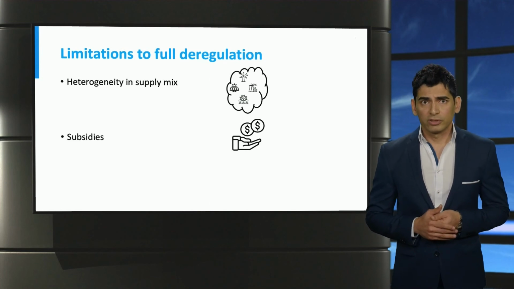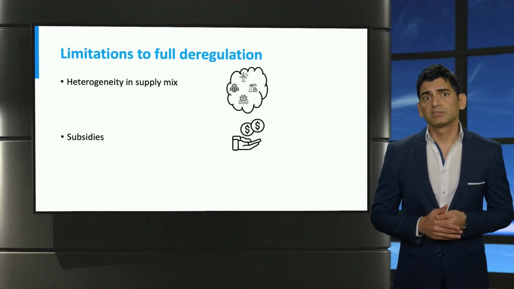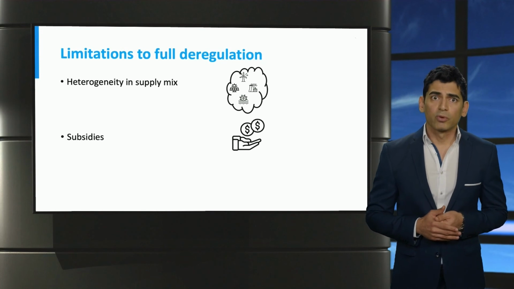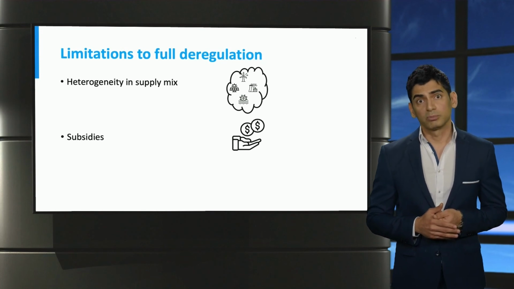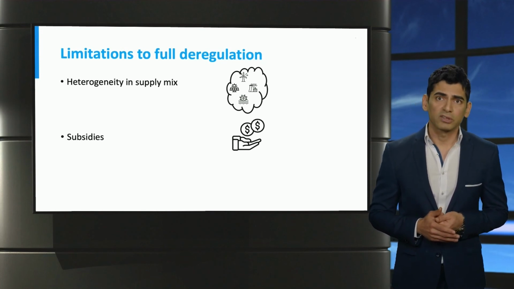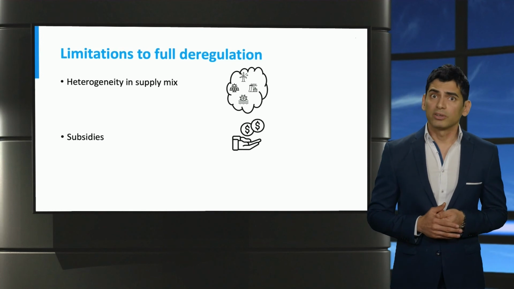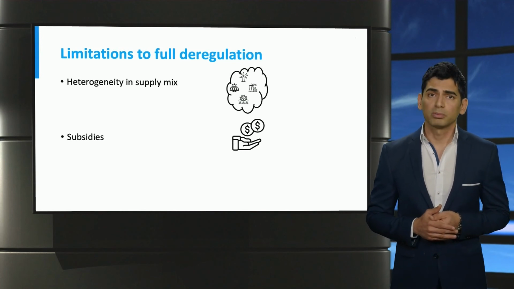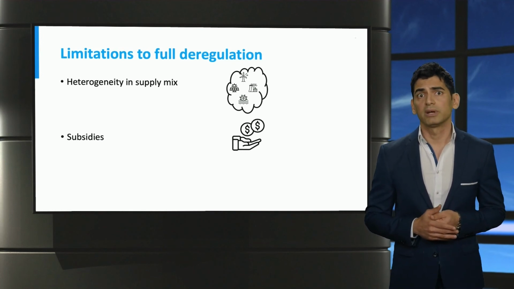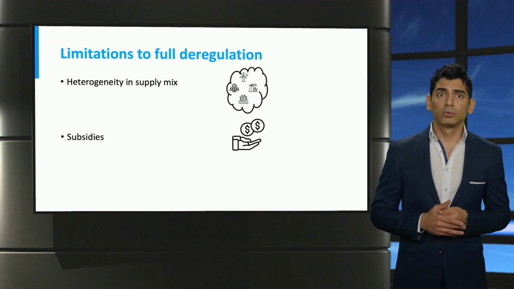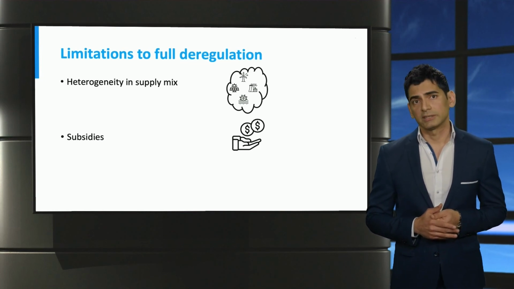Another source of friction for deregulation is the set of subsidies that are sometimes enforced to push for some technological changes in the energy mix. Most notably, due to decarbonization, there are regulations that subsidize and prioritize carbon-neutral energy suppliers, giving them priority in the merit order and often through long-term fixed-price contracts.